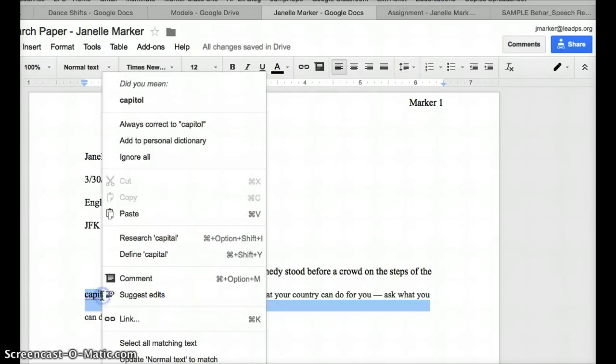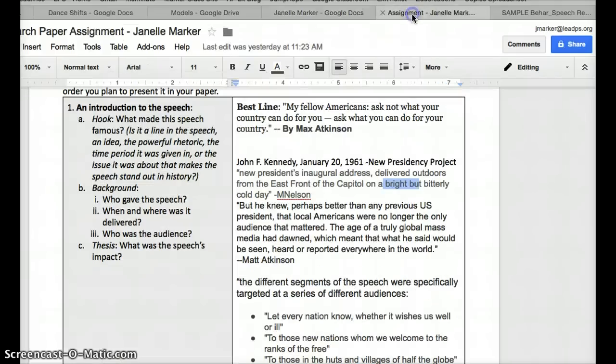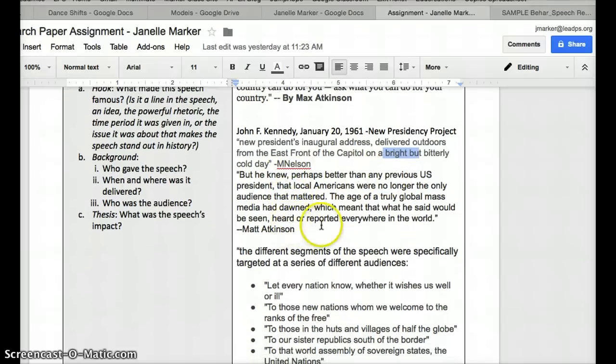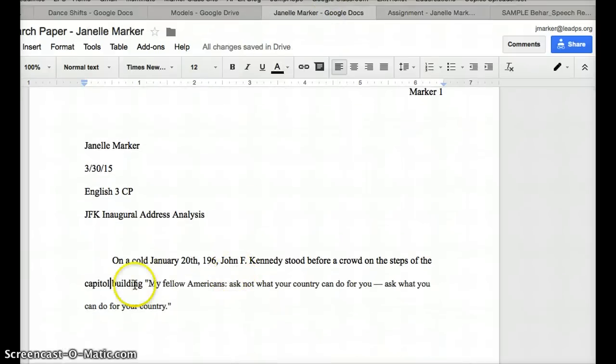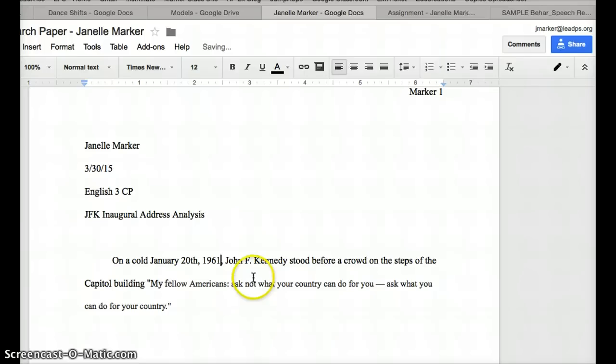Okay, so they capitalize capital. I think I need to do that. Let's see if there's anything else I want to include in there. I might add that it's in Washington, D.C., because I know that it is. So, on a cold January 20th, 1961, John F. Kennedy stood before a crowd on the steps of the Capitol building in Washington, D.C., and spoke